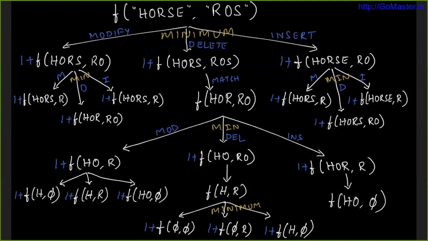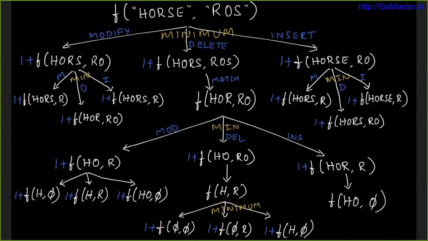So if you look at h comma r, there are these three possibilities. One is modify h to r, that is one operation, and then we have null strings, right? Both of them are empty strings, so that's not going to require anything. So the cost of this one should be zero, right? And similarly, if you delete operation, so you're going to delete this h, so that it takes one operation and then you're transforming empty string to r, so that is going to require another insert operation. Put together, this is going to cost us 2. Similarly, the third one, insert operation, again is going to cost us 1 plus 1, which is going to be 2. So if you see, the leftmost one is going to lead to a more efficient one, right?